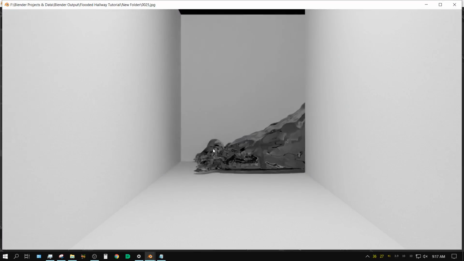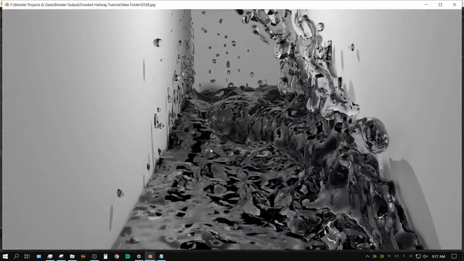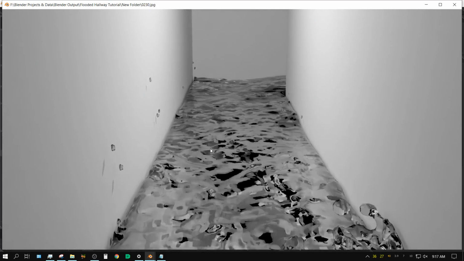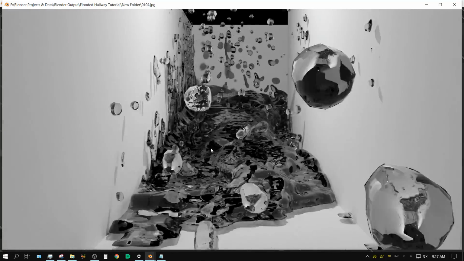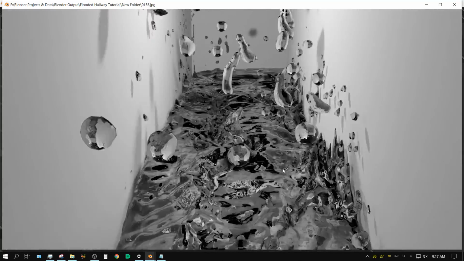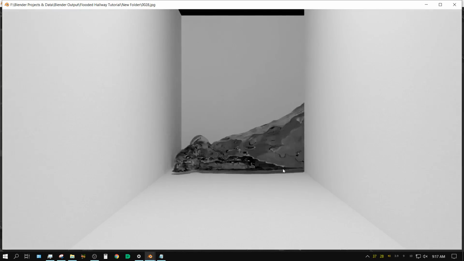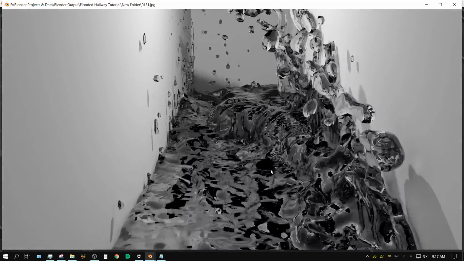Now keep in mind that I did this with the built-in fluid domain system that's built into Blender, and in my opinion that system kind of sucks. This is about as good as you're going to get unless you know something that I don't know about this built-in fluid system.